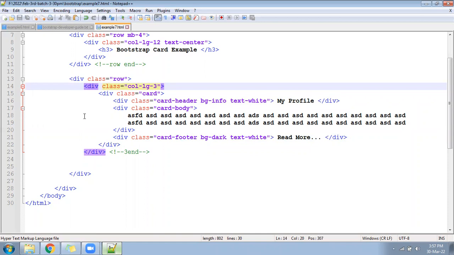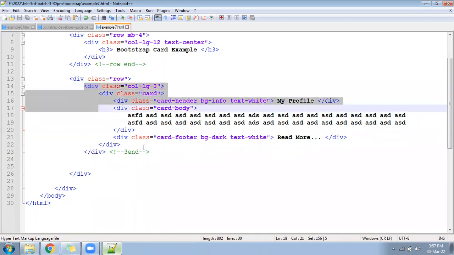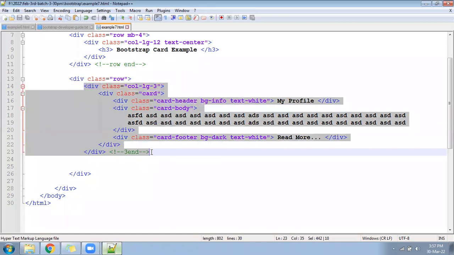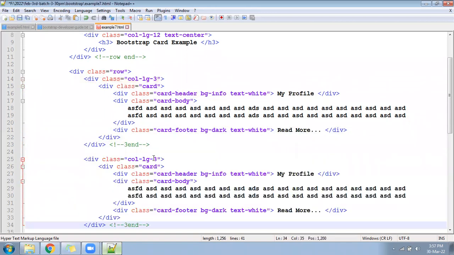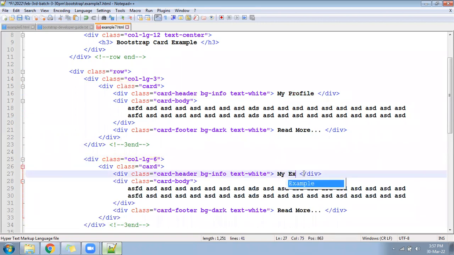Copy the same card and paste it again if it is working. The middle one you can keep as a 6, col-lg-6.